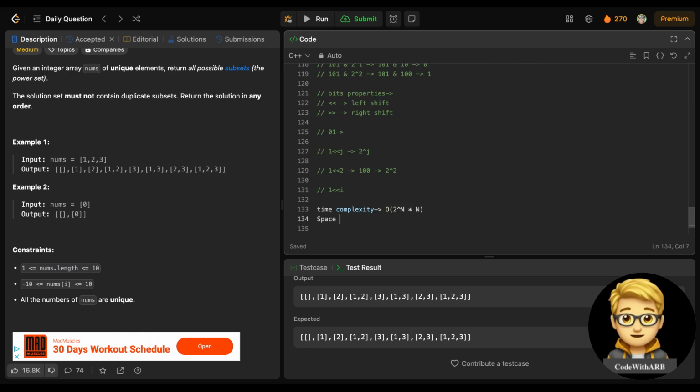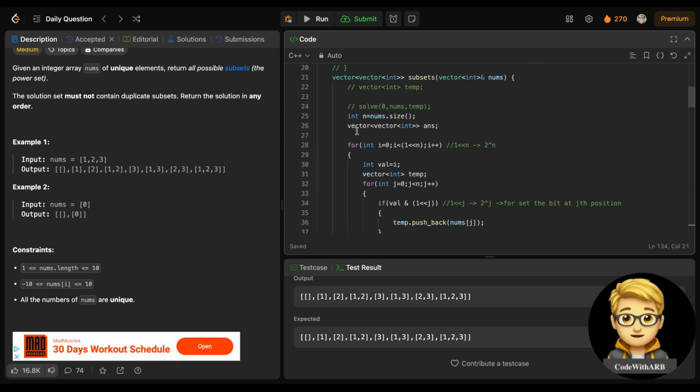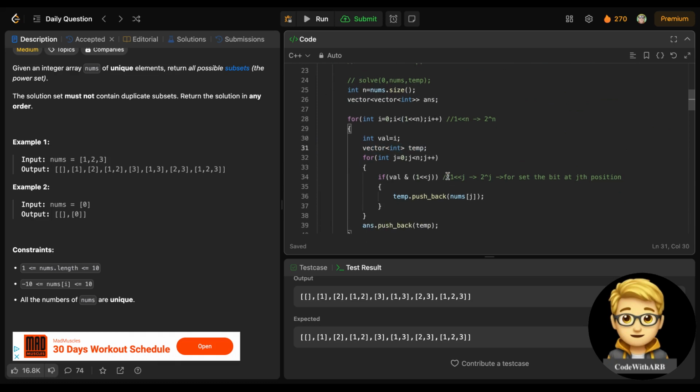And what is the space complexity? We are taking extra space for returning the answer. Normally we don't count extra space for the returned answer.